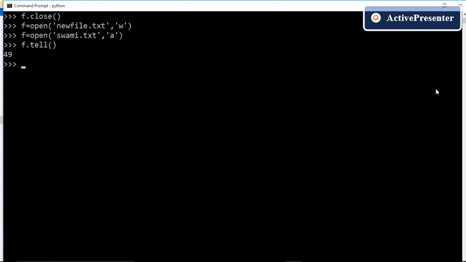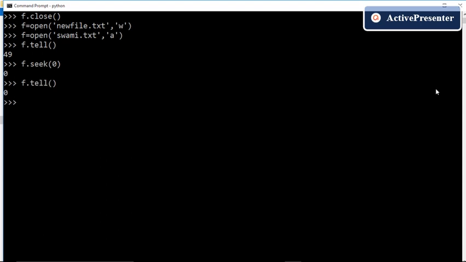Now suppose I want to write at the beginning of the file. I want to add some content at the beginning of the file. So I want to set the write pointer at the beginning. So I have used the seek function. Now let me see the position of the read write pointer.